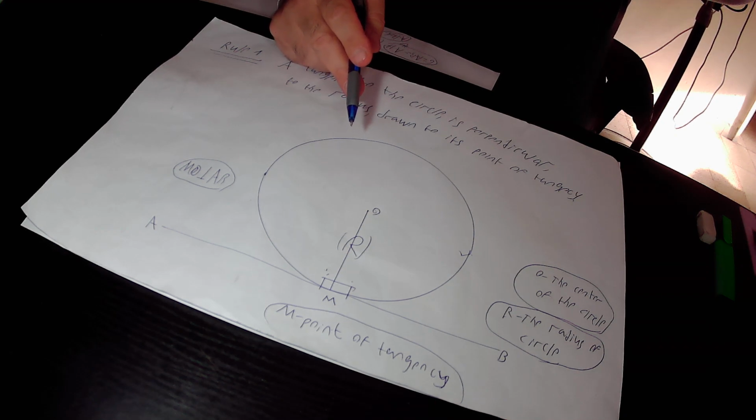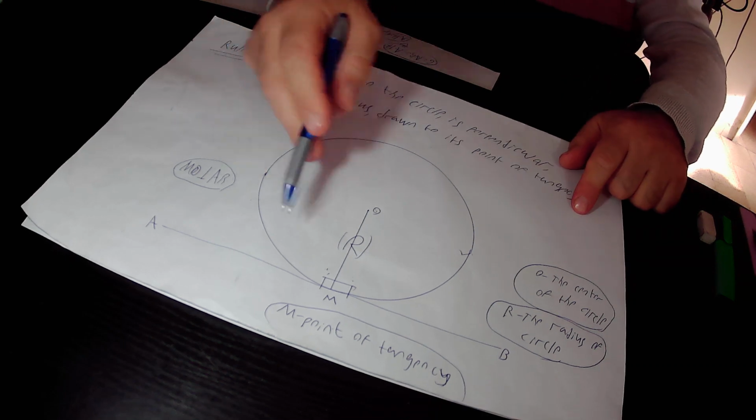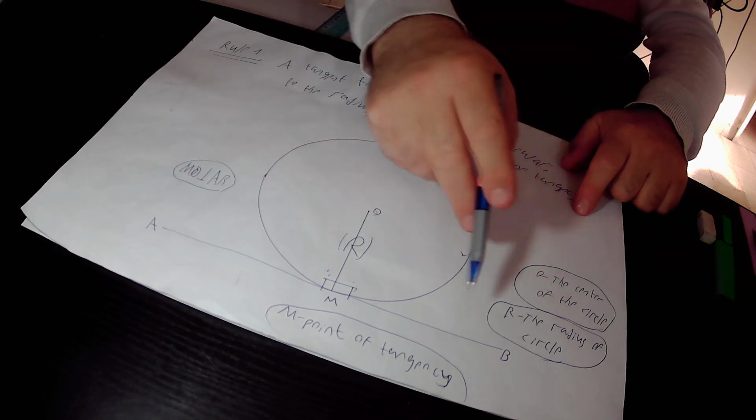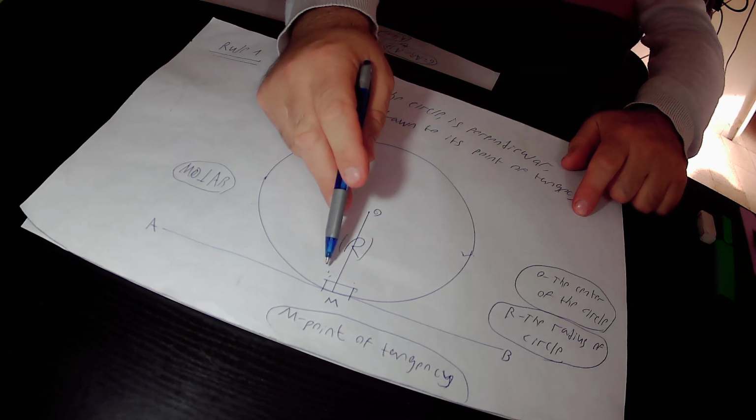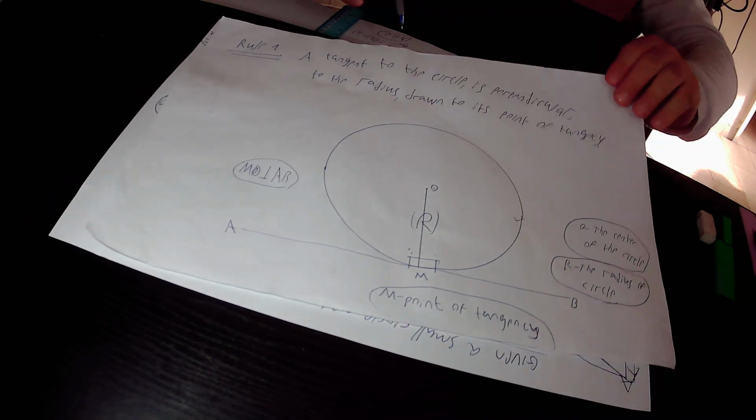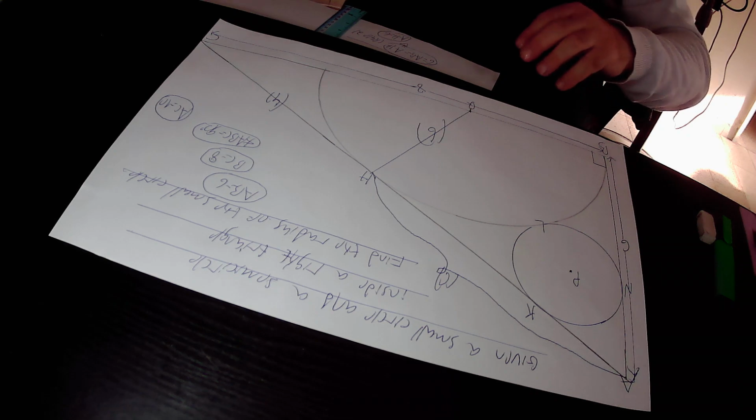Whenever you have a radius that is drawn to the point of tangency, then tangent AB will be perpendicular to the radius MO. If AB is perpendicular to MO, it means that this angle equals 90 degrees and this angle also equals 90 degrees according to rule 1. So we can implement rule 1 in our drawing. Why? Because in our drawing,